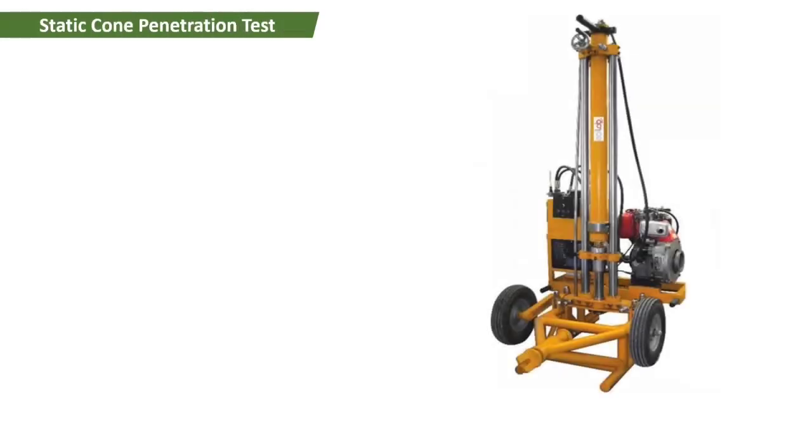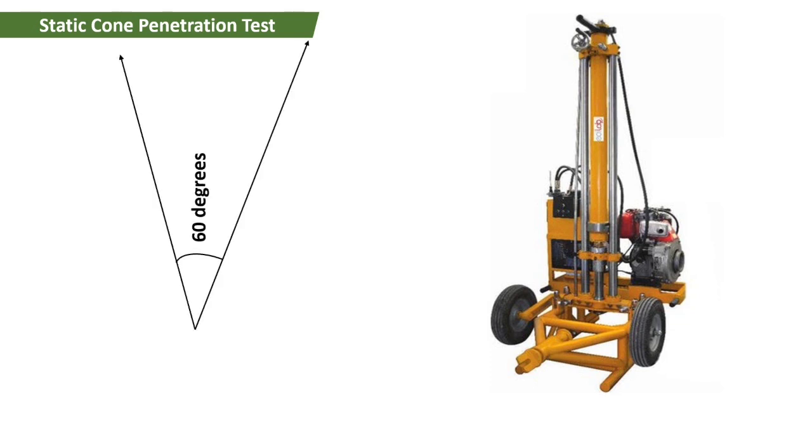And if you ask where is SCPT, then SCPT is nothing, as I already told you, SCPT is the standard cone penetration test. There is nothing changed between the SPT and SCPT, but the change is that we take a cone here where the apex angle is 60 degree, and the cone area will be 10 centimeter square. Okay, so these were the tests: SPT, SCPT, drop weight method, and